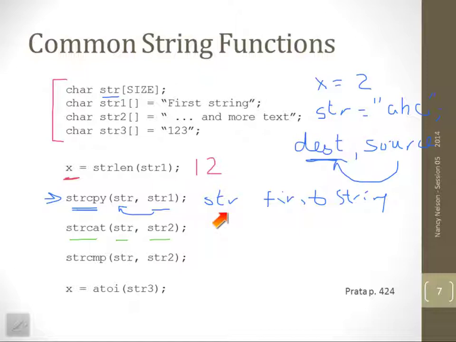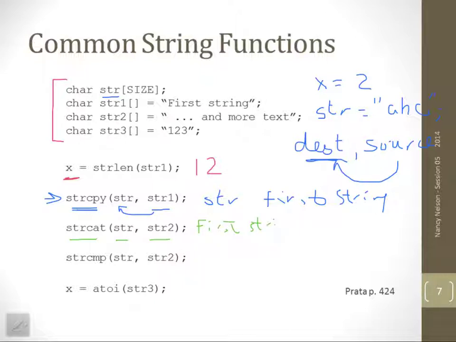Well, str right now has first string in it because we just copied string 1 into str. Now we're going to tack what is in string 2 onto the end. So at the end of this one, our string is going to now have first string,